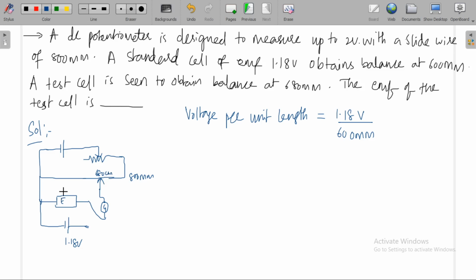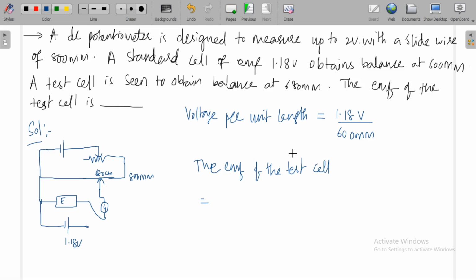Now the voltage across this will be equal to voltage across this. Then the EMF of the test cell will be equal to